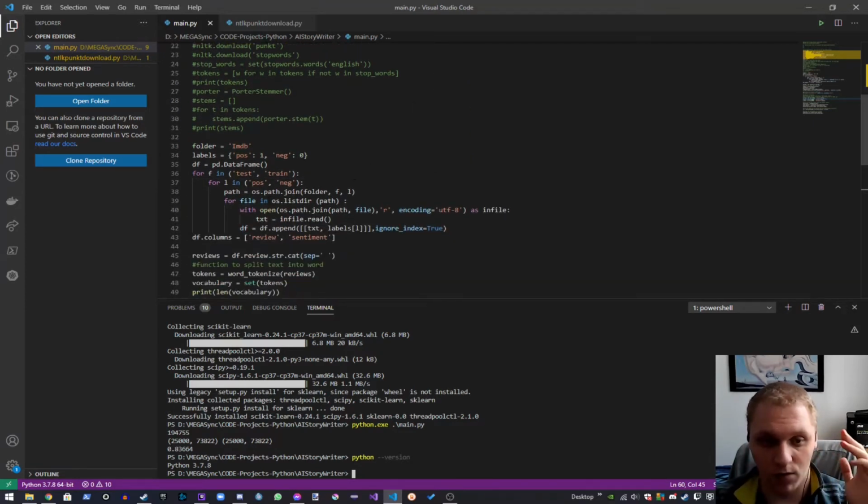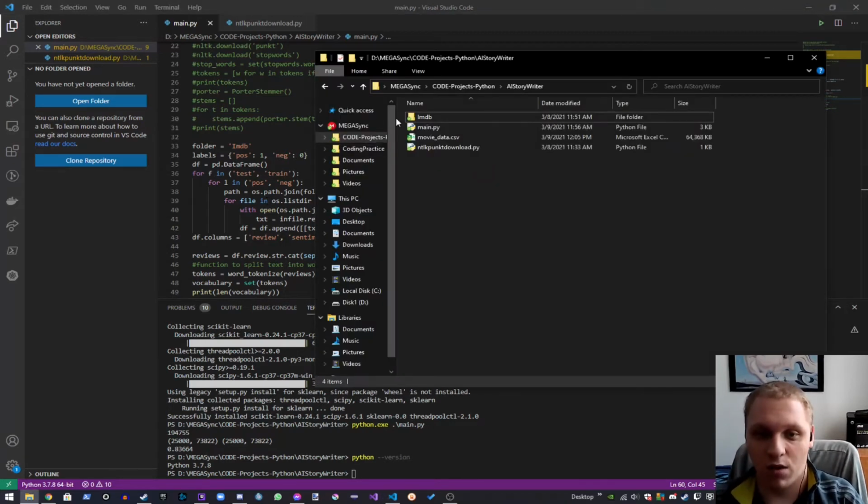Here, what I was trying to do was learn how to use the data set that I had, which was the IMDb movie review data set. We have two kinds of reviews: a positive and a negative review. So we're telling it which folder it is in, which in my case is inside of the IMDb folder. And inside of that folder, we want to classify two types of reviews, a positive and a negative review.